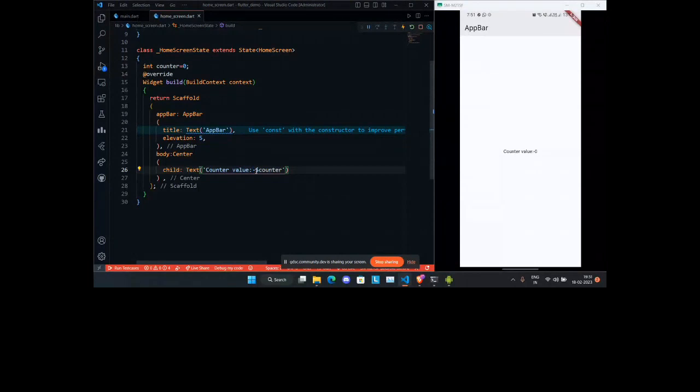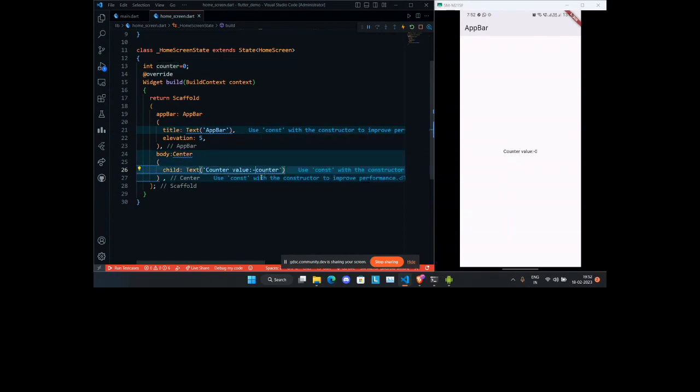This is called string interpolation, which you have learnt about in C, C++, Python, and any programming language. Whatever we want to display, basically a variable in a string, we have to write a dollar in front of it, just to tell the compiler that this counter is a variable and not a part of the string.